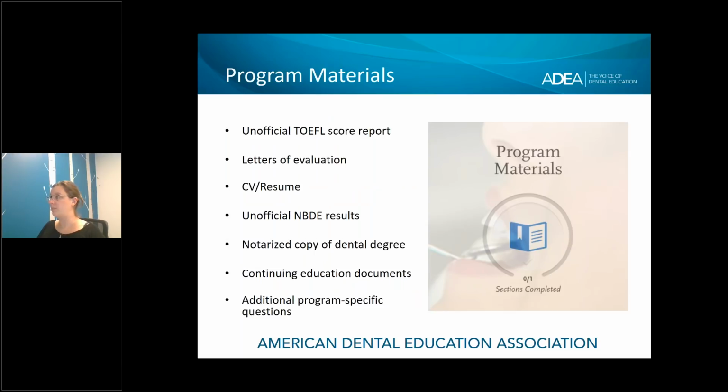The final section of the application is program materials. A section for each individual program you have selected will appear here. The program is responsible for selecting the text, questions, and documents required of each applicant in this section. The types of materials a program can request include an unofficial TOEFL report, additional letters of evaluation, a CV or